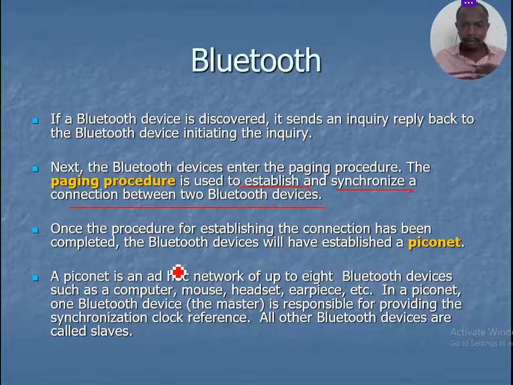Okay. Now, in a piconet, there is one Bluetooth device that is called the master, and it is responsible for providing the synchronization clock reference. Could be your computer with your Bluetooth connection, or your mobile phone with your Bluetooth connection. So the big guy who is sending is the master, and being the master, he is responsible for providing the synchronization clock reference, and all other Bluetooth devices that are connected in this array or the matrix array of connectivity